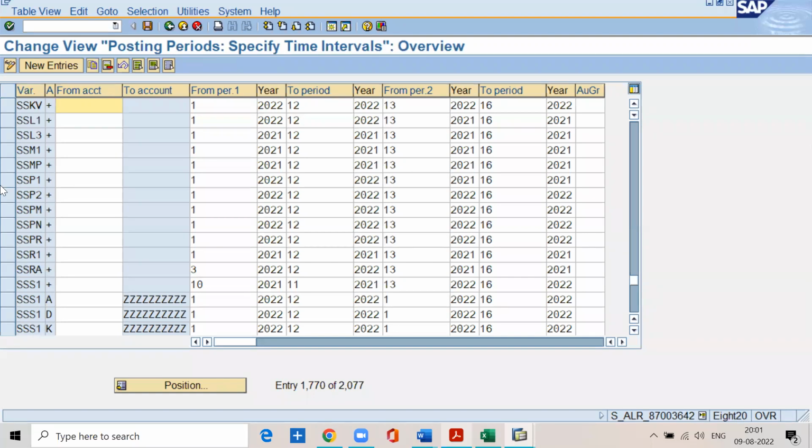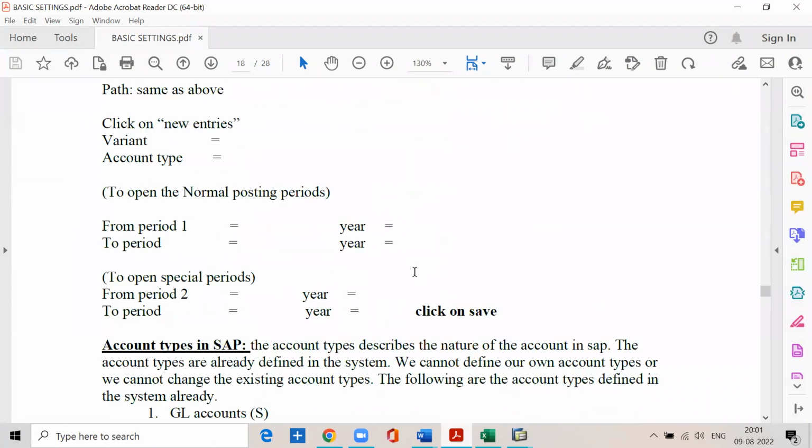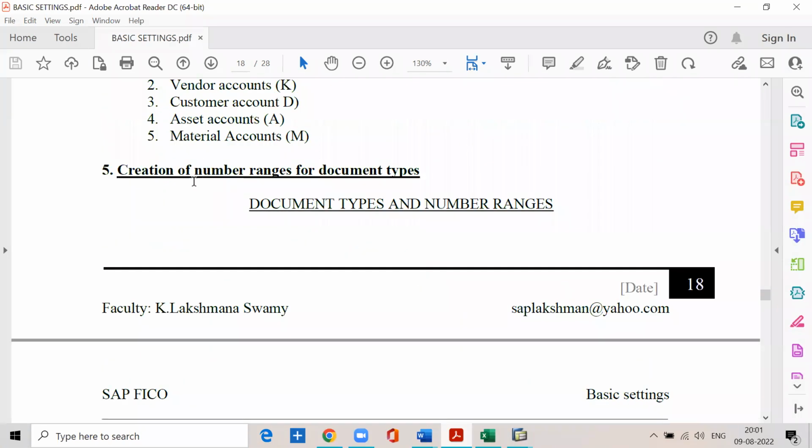Look at the screen, everybody. Here, our posting period variant is in the first line, right? So we change the periods, then click on save. So this is the concept of posting period variant, right? Then creation of number ranges for document types. So first we have to understand what is document, then what is document type, then what are the number ranges